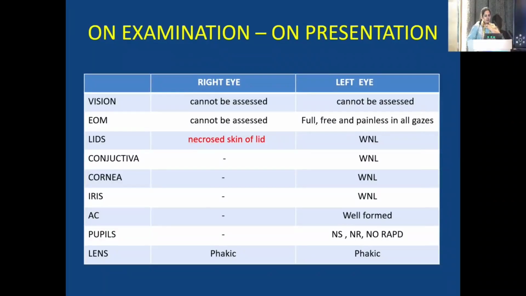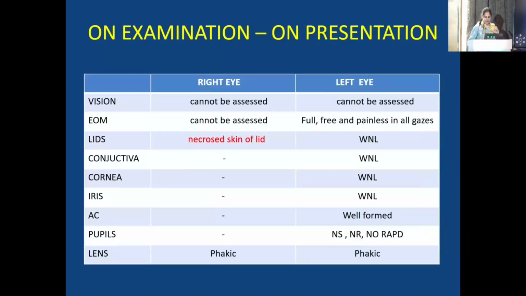On examination, vision of the right eye could not be assessed. In the left eye also it could not be assessed as the patient was 3 years old. Extraocular movements could not be assessed. In the lids, necrosed skin of the lid was present. In the left eye, the lids, conjunctiva, cornea, iris, anterior chamber and orbit